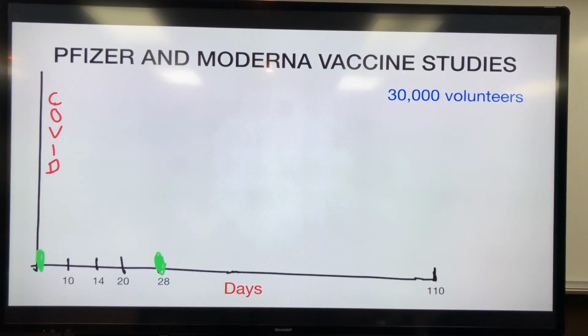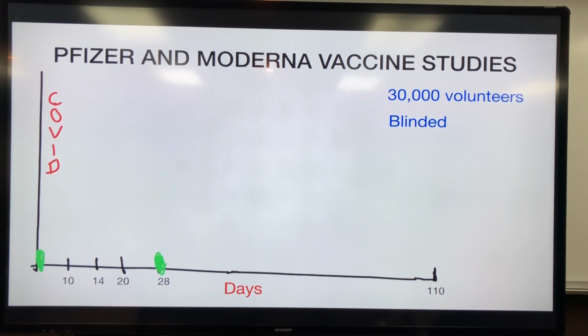Now, I've taken you to last July. All this science and work was to last July. That's just on paper. But nothing's good on paper unless you actually show it and prove it in real time. And these trials you've been hearing about this past November, December, about the efficacy of the vaccines started last July. They started with about 30,000 people, volunteers, in the Pfizer and about 30,000 people in the Moderna trial. These are 30,000 people that volunteered to be guinea pigs. They either take the real vaccine or the fake one, but not knowing which one they're going to get. Okay? That's how the phase 3 trials work.